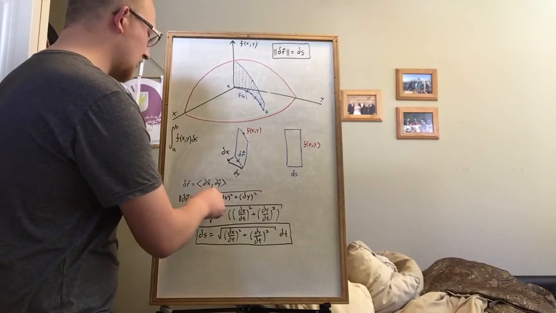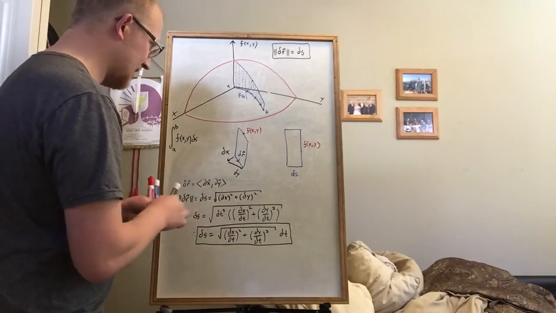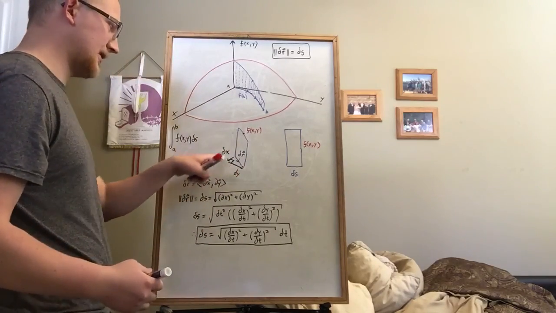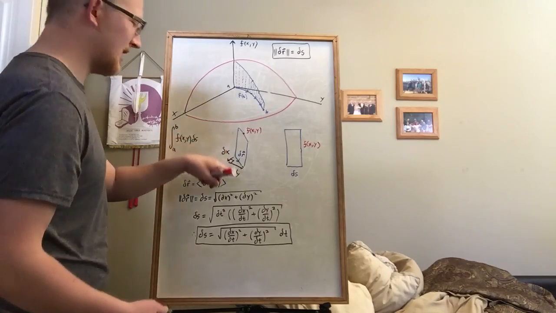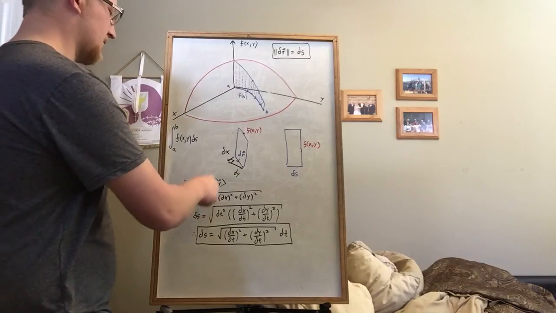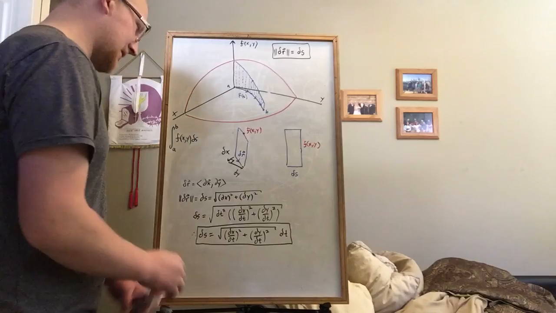And that's going to be equal to, using Pythagorean, because look, all this is right here, there's dx, dy, it's a right triangle, and so dr is going to be dx squared plus dy squared all under the root. And so ds equals the square root of dx squared plus dy squared all under the root, just Pythagorean